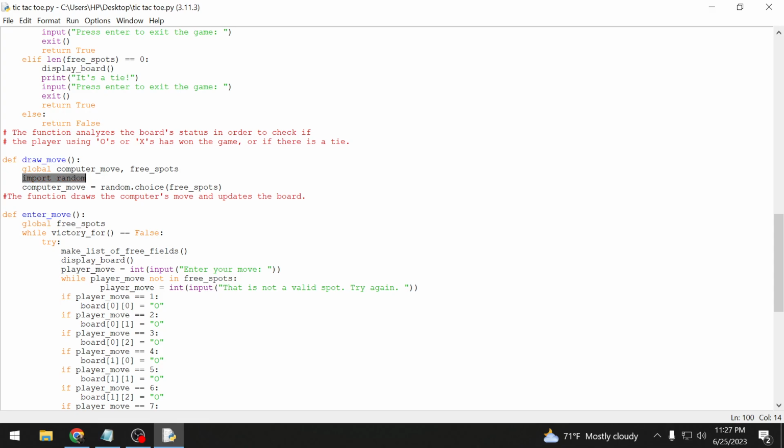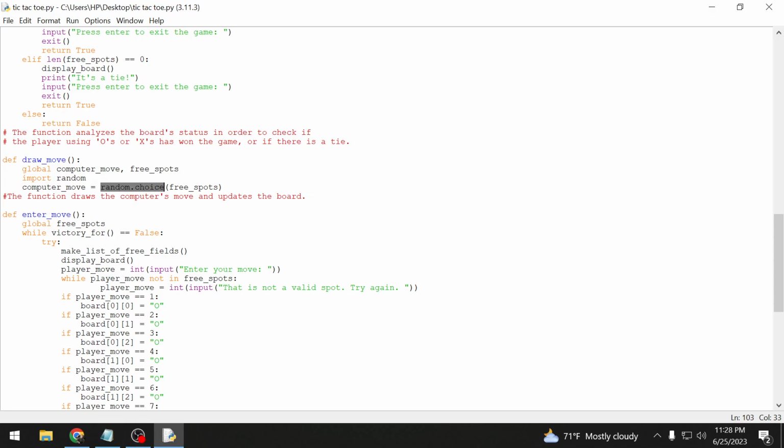So we're going to import the random module, which you'll learn more about in the second Python course if you go on to that. And then I'm going to write over that computer move variable by using the random module and utilizing the choice function within the random module. That's what this is denoting, random.choice. It's formatted